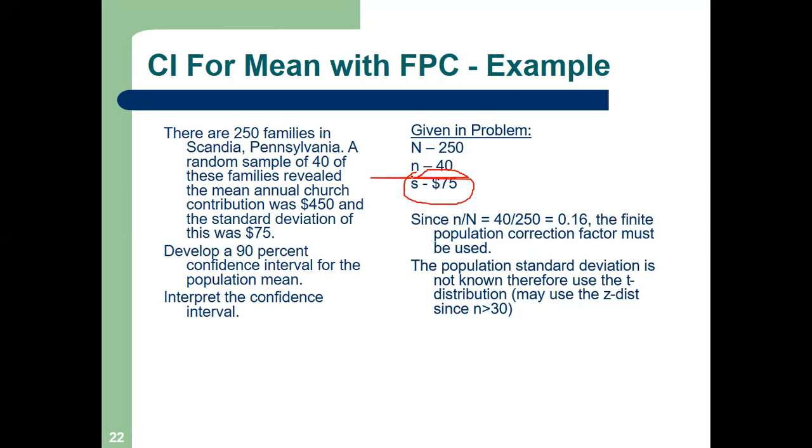Now, what is our question? We have not read the question yet. What is the question? Develop a 90% CI. Now Nimish's 90% has come. He is very happy. 1.65. But this time we have to use the T distribution, Nimish. Here Z will not work. Develop a 90% CI for the population mean. Please all of you read the question first. Don't jump to the answer. The answer will take 2 minutes, as I told you. That is the beauty of statistics.